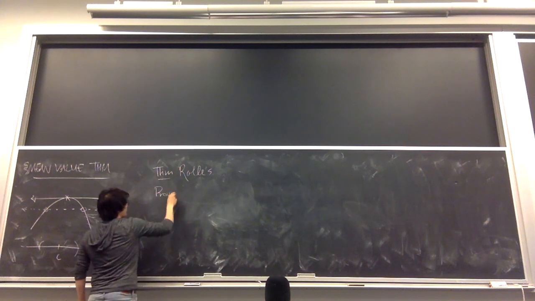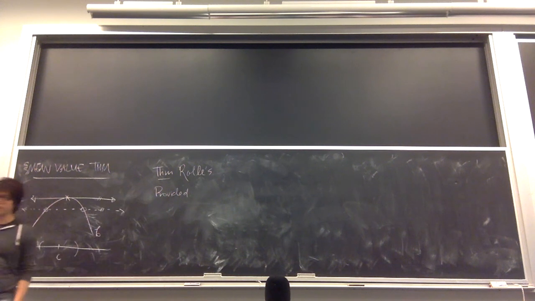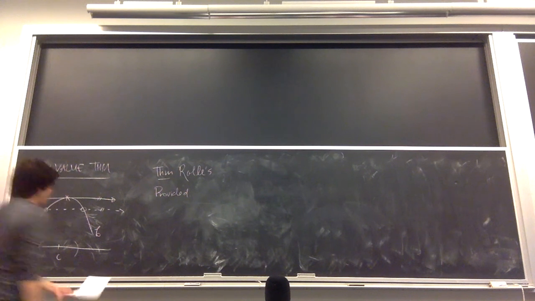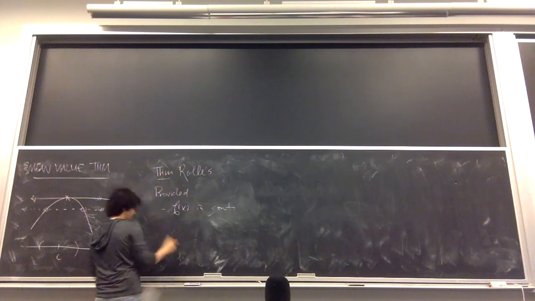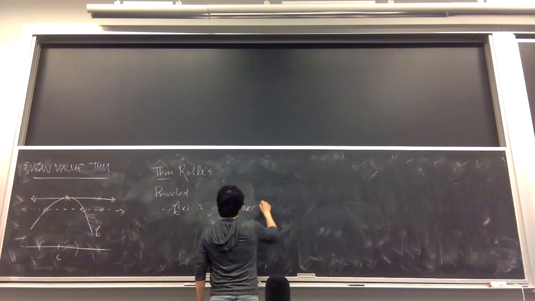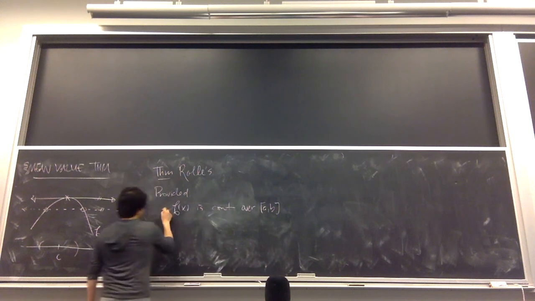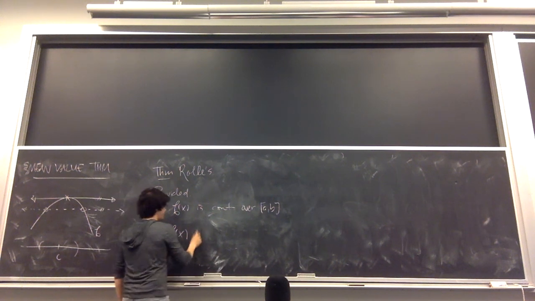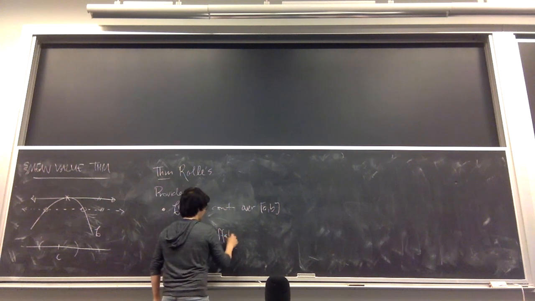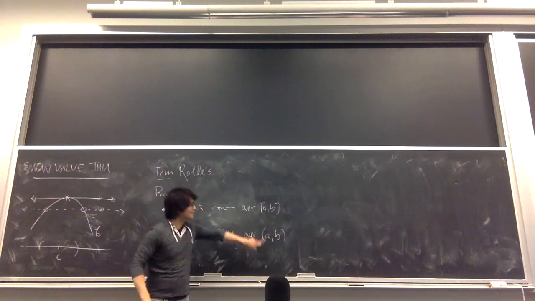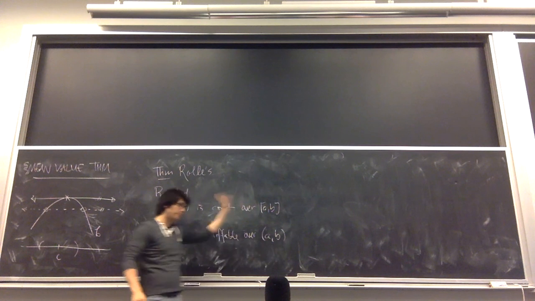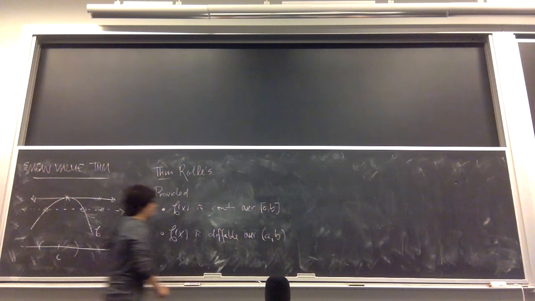Okay, so here's the stuff that people usually screw up. I always write on theorems, especially named theorems, that the theorem only holds true provided something. Provided F, in this case, is continuous over [a, b] and f of x is differentiable over what we call the interior of this. It's basically the closed interval, but you remove the boundaries. Then